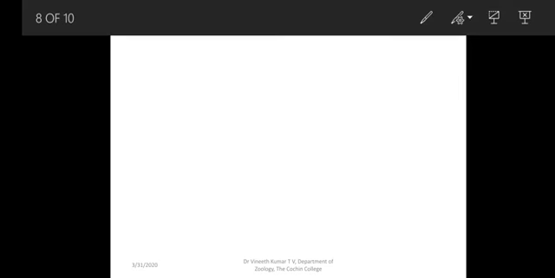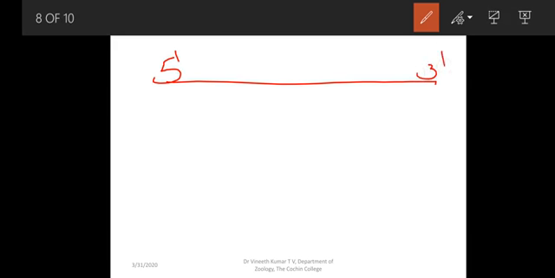So in the case of the lagging strand, this was the template for the lagging strand, and we saw it was synthesized in many pieces, which were called the Okazaki fragments. This is the 3' end, and this is the 5' end. So what happens is, after the Okazaki fragments are completely synthesized, all these primers, this is primer 1, this is primer 2, and this is primer 3,